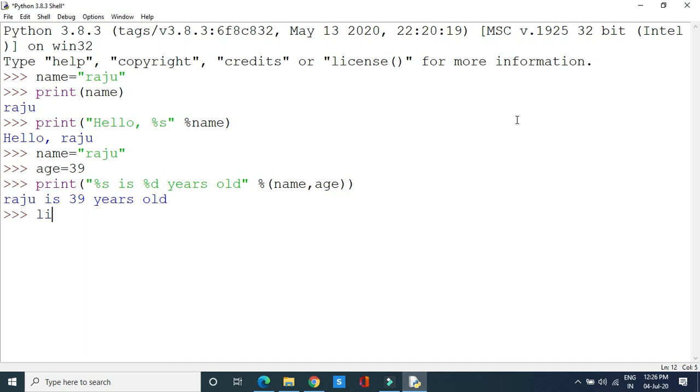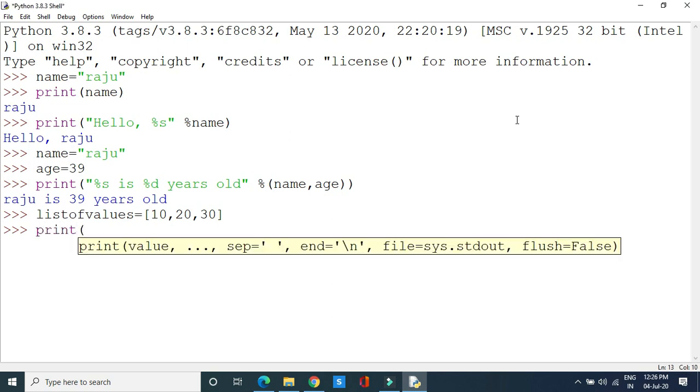For this case, I am creating a variable called list of values. To this variable, I am assigning the values 10, 20 and 30. Meaning here list of values will become a list with 3 values. Now what I want to do is print these list of values, that too by using the percent s string formatting specifier.